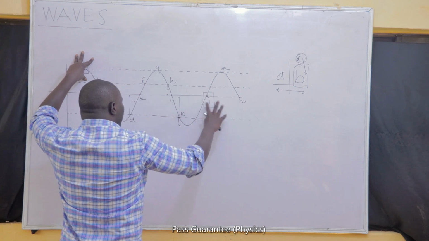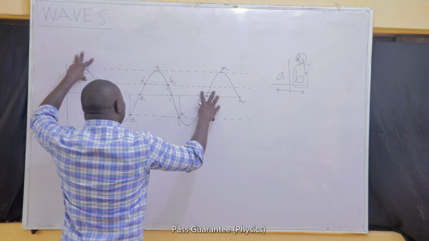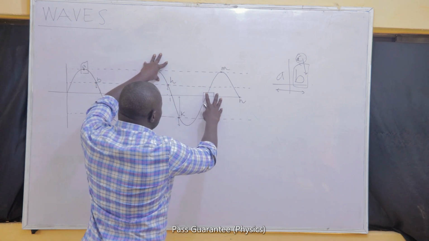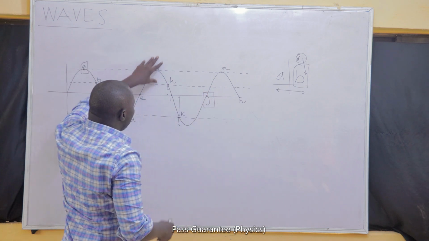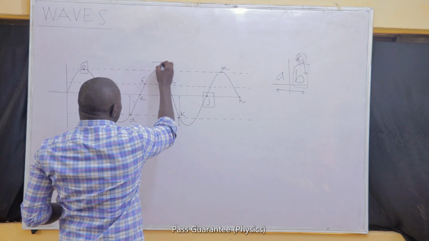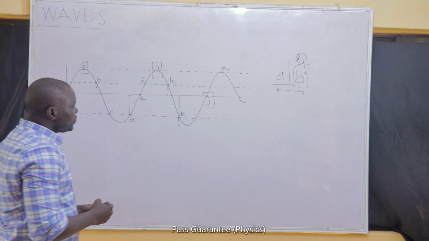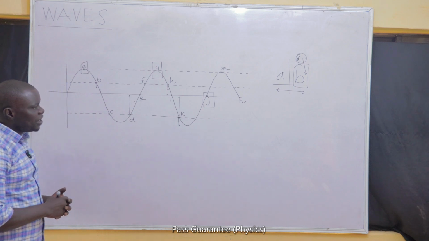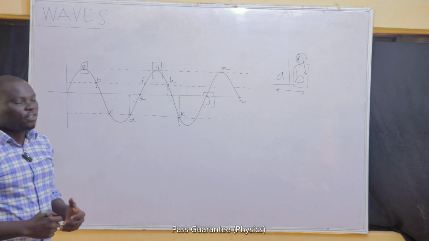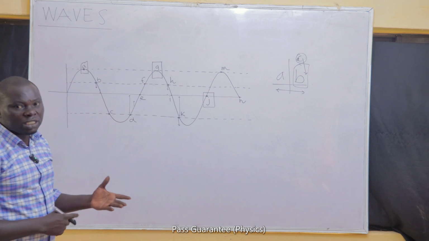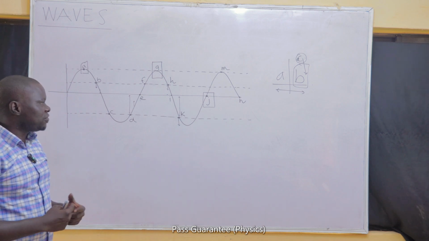A point just before J that is in phase with A, and that point is point G. So when I get to point G, I will now find the phase difference between G and J. The reason for that is there's a maximum value that you must not go beyond anytime you are getting the phase difference.